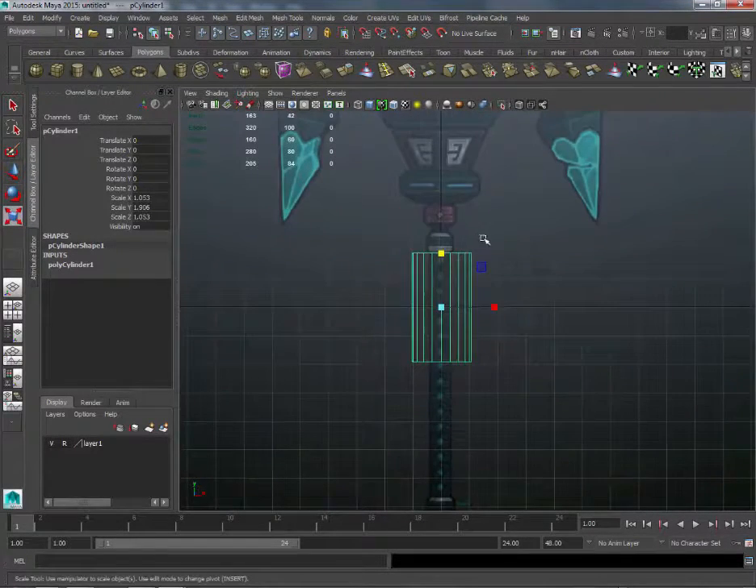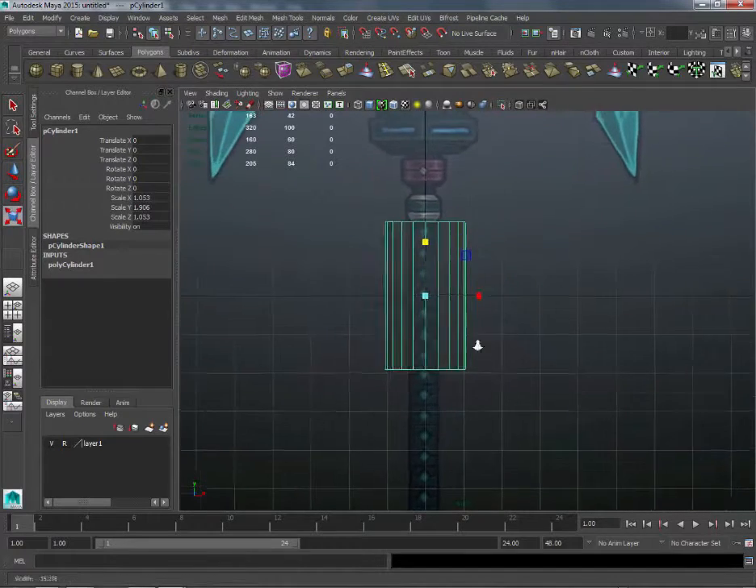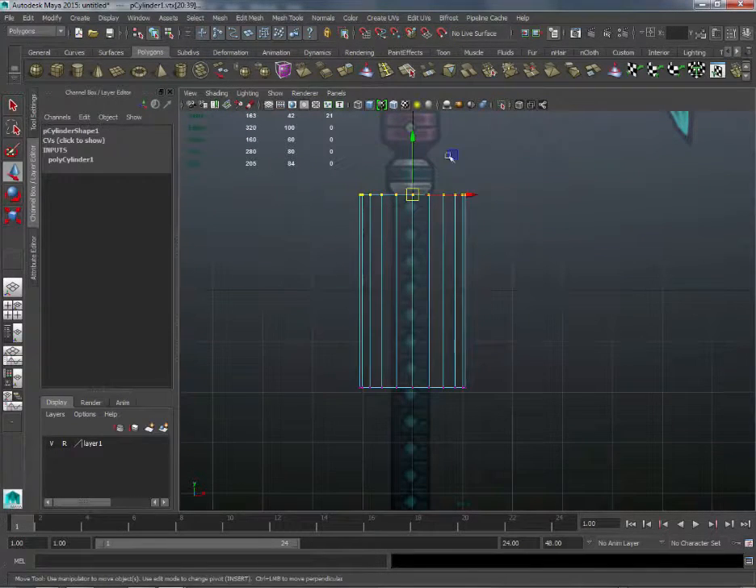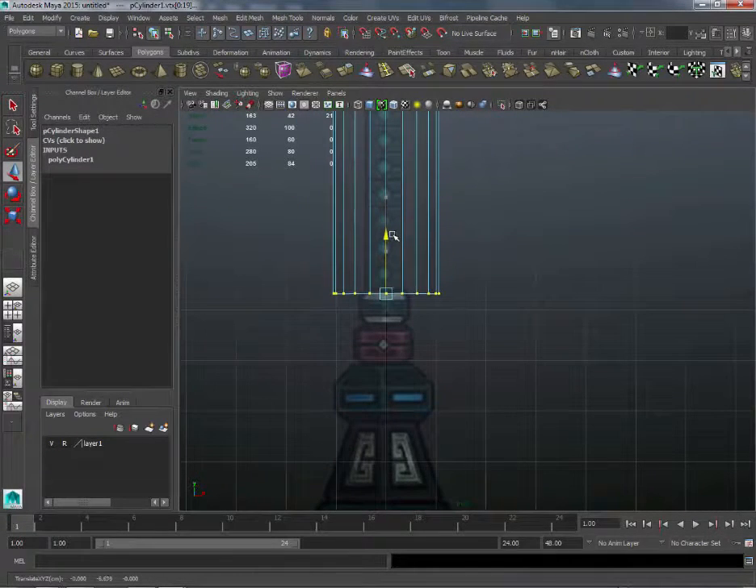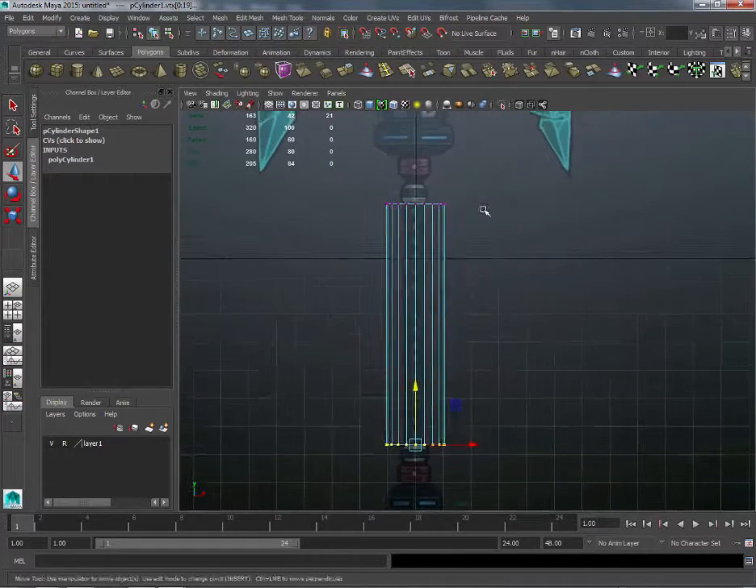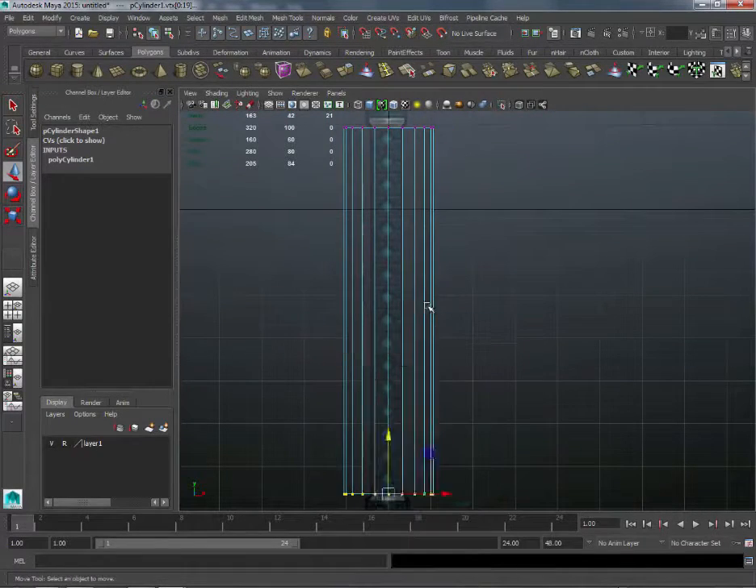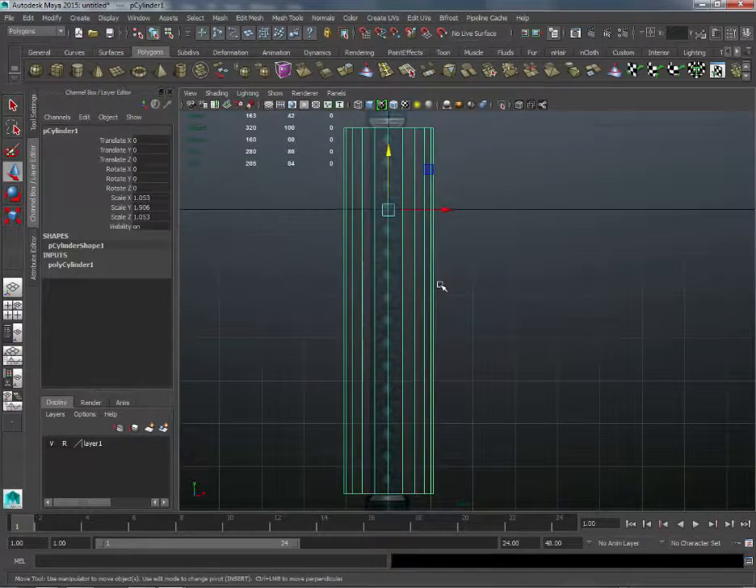Start scaling this. Good. Vertices down here. Move that down. And now I have the height where I want it to be. But I want to scale this in both the X and the Z. Don't forget about the Z. And